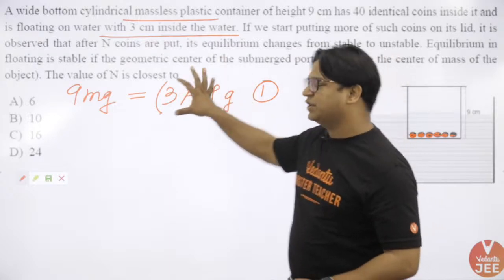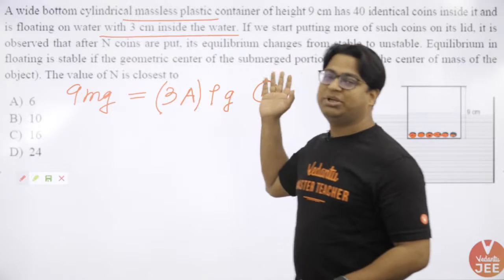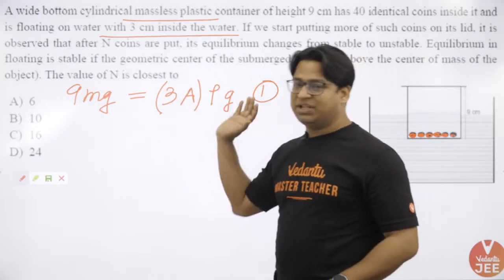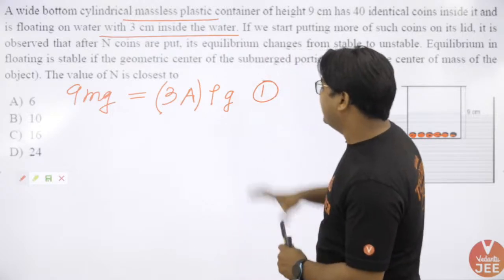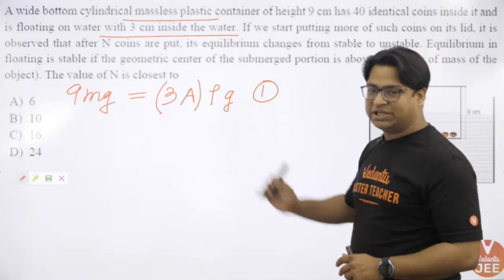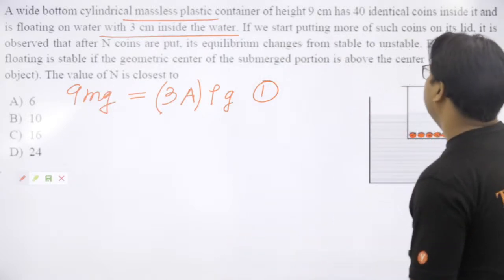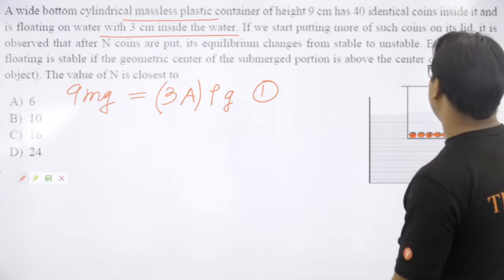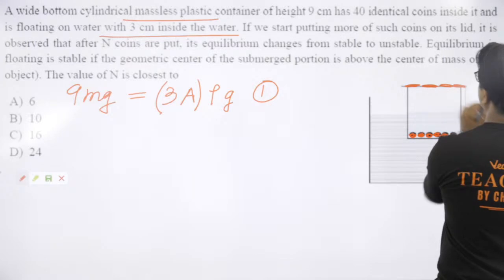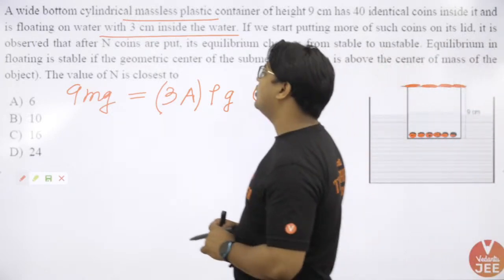I need not take care of the units here, like converting 3 into meter or area into meter square, because I'm planning to take ratios, so they will get cancelled out eventually. Even if we have a constant factor containing some powers of 10, that won't affect anything. You will see that in the calculation just now. So as of now, this is the condition. Now the question says, if we start putting more of such coins on its lid. It is important to understand that we are putting the coins here. It is observed that after n coins are put,